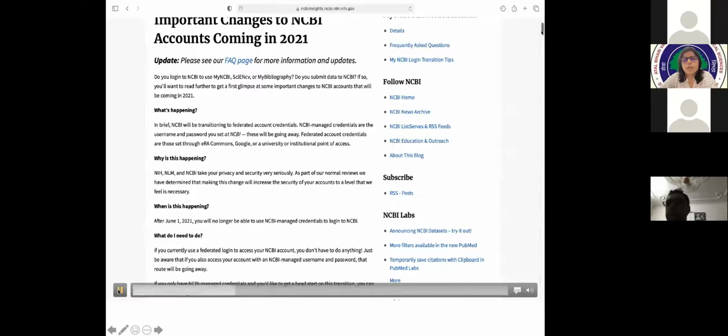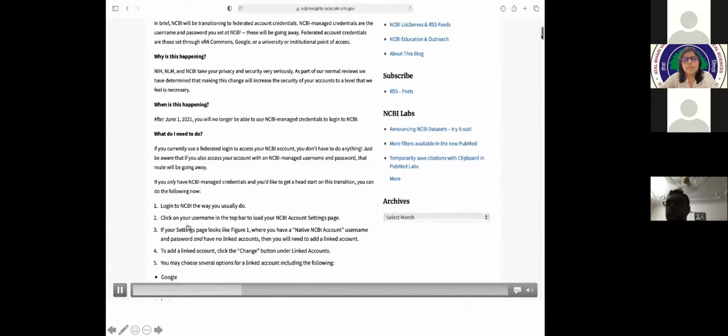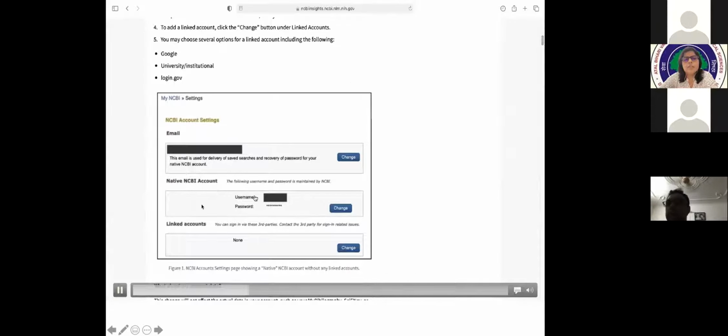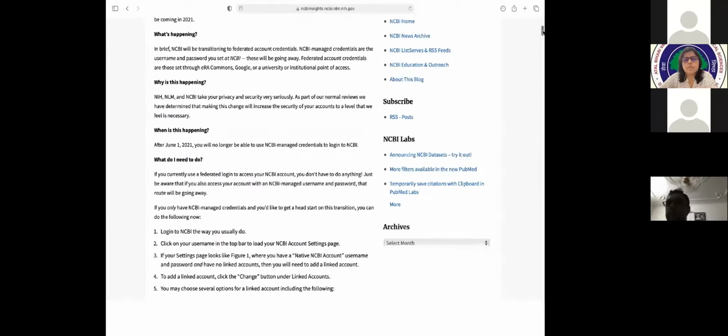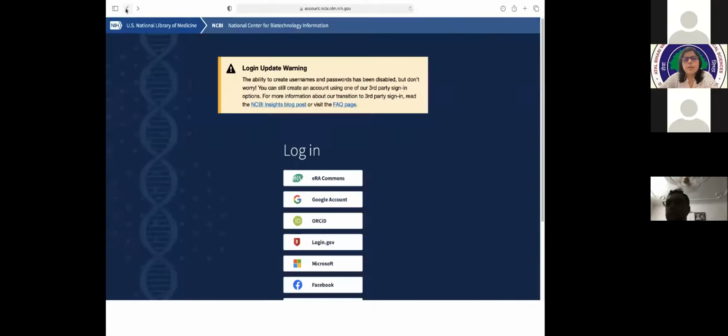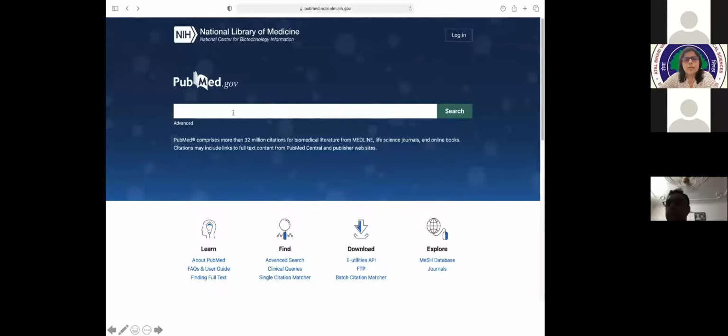However, in case you already have an account, there's nothing to worry about. Just log in through the username and password of NCBI, and you will see a window of linked account. Click on change. It will direct you to the third party accounts. And in case you don't have an account, you can directly log in through a third party account.